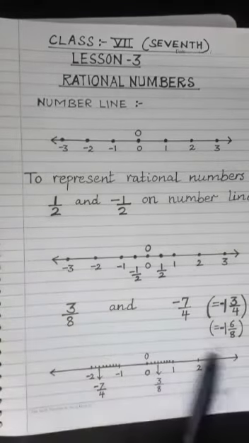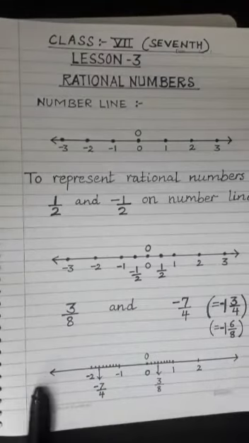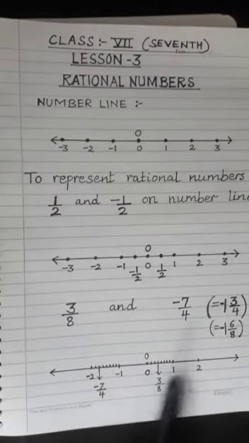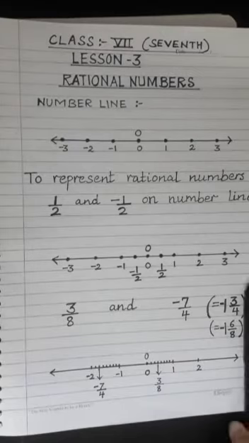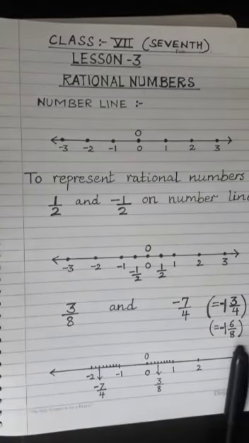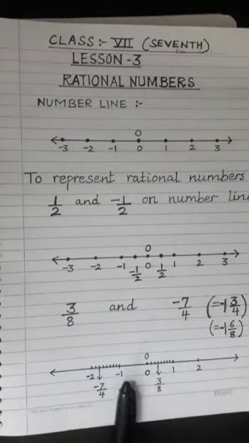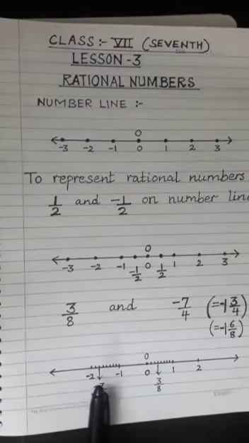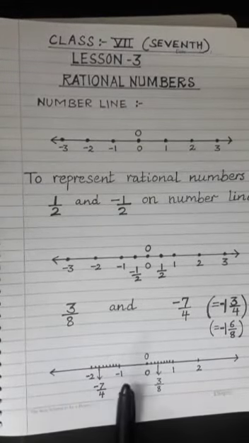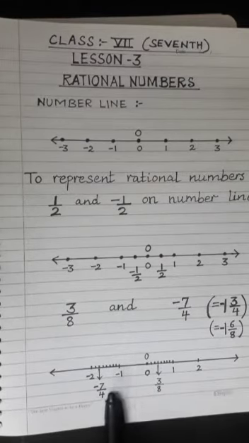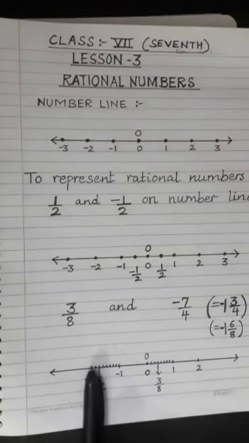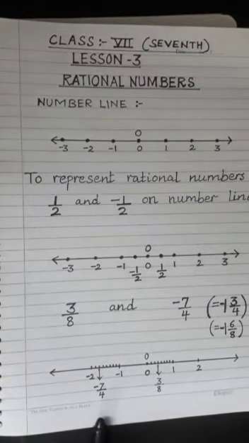Also, because we are representing both these rational numbers on the same number line, and we divided each unit length into 8 equal parts, this 3/4 can be written as 6/8. So we will divide the -1 and -2 unit distance into 8 equal parts, and the sixth division represents -7/4. See, first, second, third, fourth, fifth, sixth. So this represents the rational number -7/4.